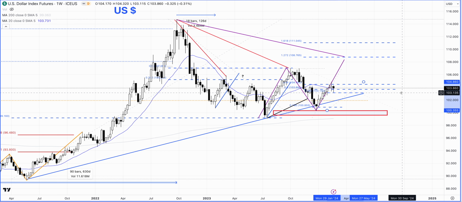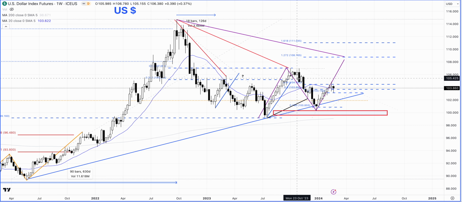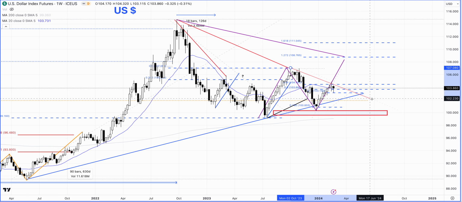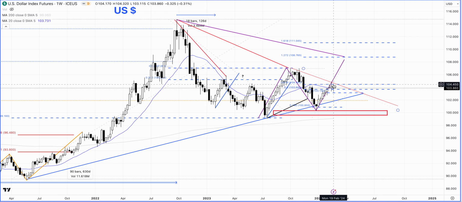If the market begins to close below the 38.2% retracement, especially on the weekly basis, then the possibility increases that what we might actually be looking at is a pattern like this, where this might have been a top coming in right at the 61.8% retracement, and the market might be trying to move lower, maybe go and test this breakout area, maybe even a little bit lower. And if the market is able to take out 99 convincingly on two consecutive weekly closes, in my opinion, then we could be looking at a much bigger pattern and a lot of weakness in the US